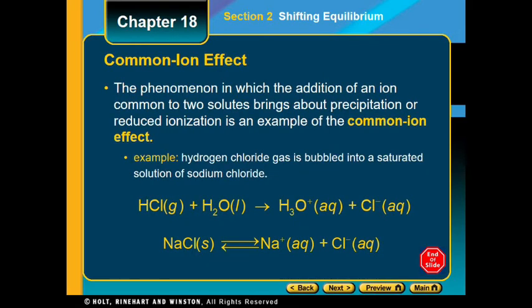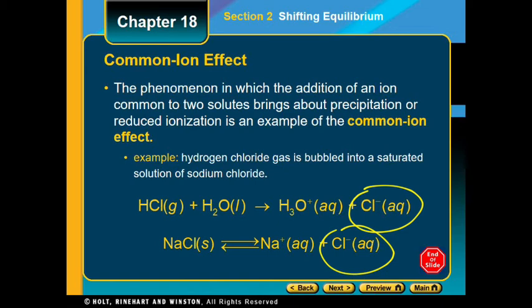So I did go backwards just to point out that last part that was said in the slide. Notice in both of these reactions, you have the chloride ions that are being produced. And so it says the new equilibrium does have a greater concentration of chloride ions, but a decreased concentration of sodium ions. Because again, the chloride ion is in both of these, but you do have your sodium that wants to react with your